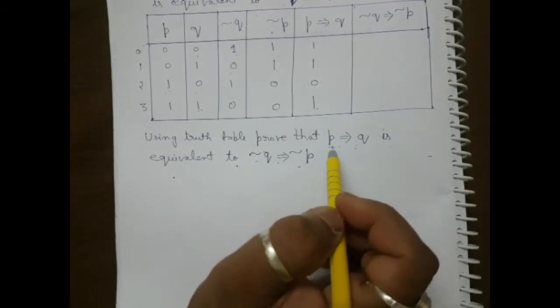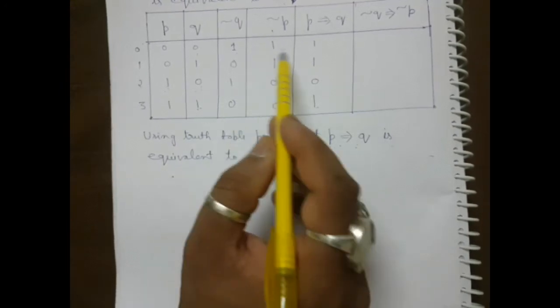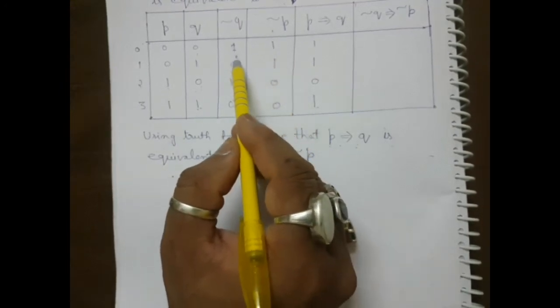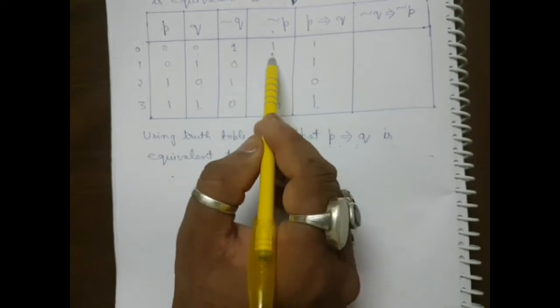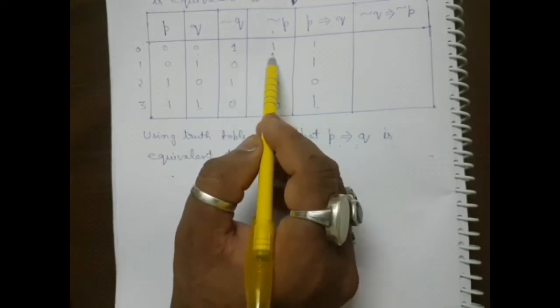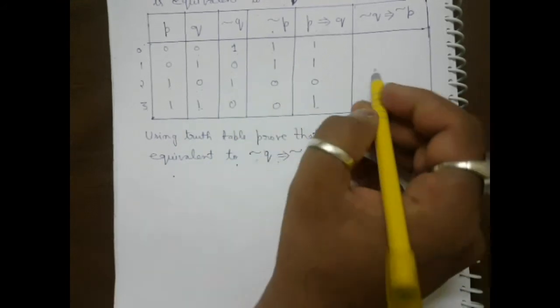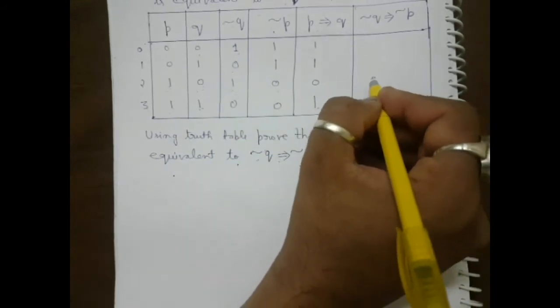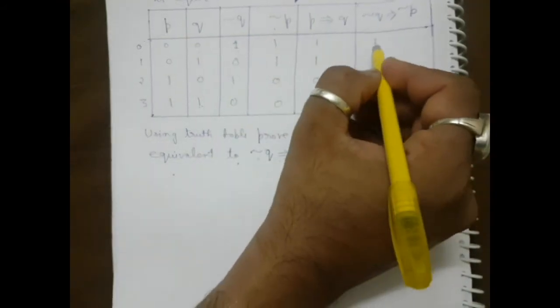So not q conditional, that means this is the antecedent now and this is the consequent. Again the same thing: the antecedent is true and the consequent is false. So we will check. The antecedent is true but the consequent is not false, it is true, so leave that. Here the antecedent is true and the consequent is false, so we write the output 0. For all the other combinations we write 1 1 1.